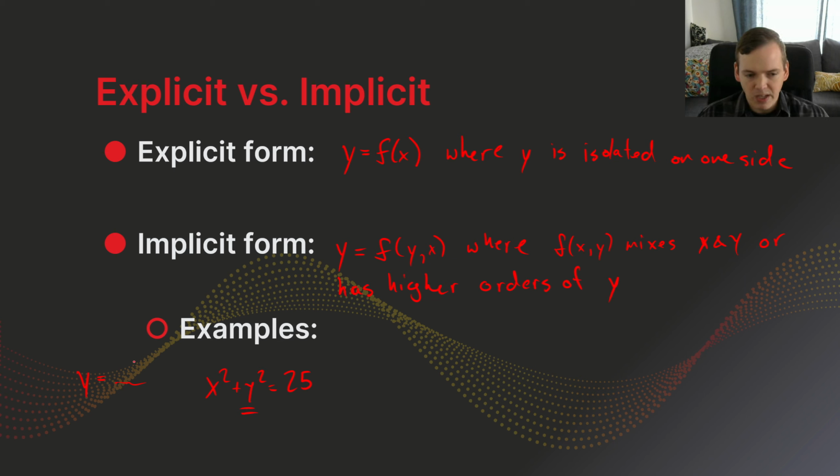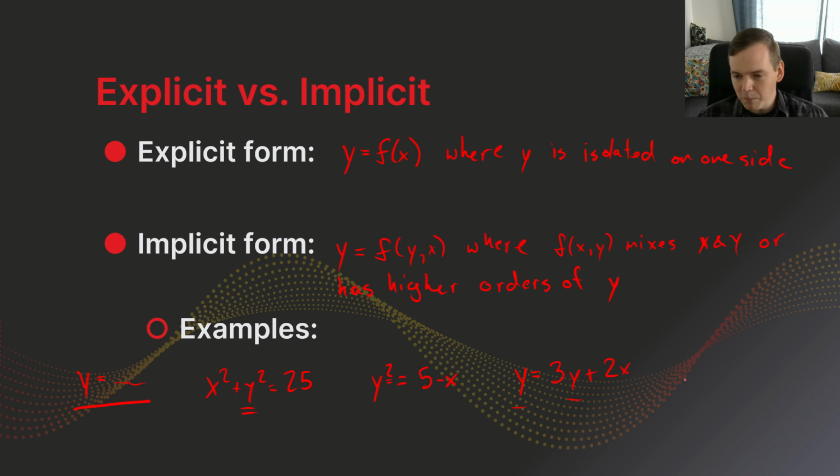So the only time you have explicit form is just y equals, and then only x things and constants on the other side. Another example would be y squared equals 5 minus x, again because we have this squared here. Another form might be y equals 3y plus 2x. This is also implicit because we have y's on both sides. This one's kind of a more trivial one because you can easily see how this would be quick to solve for the explicit form, but as it stands, it is technically